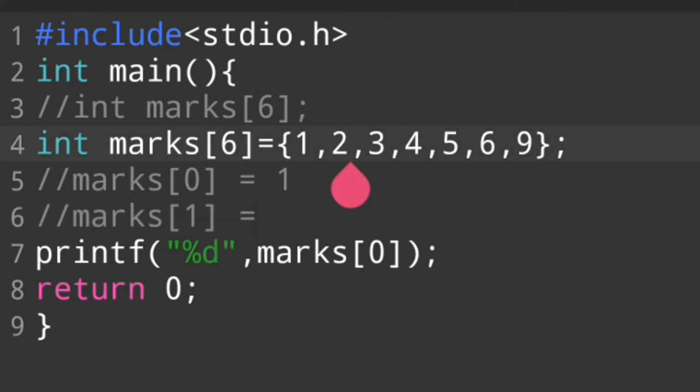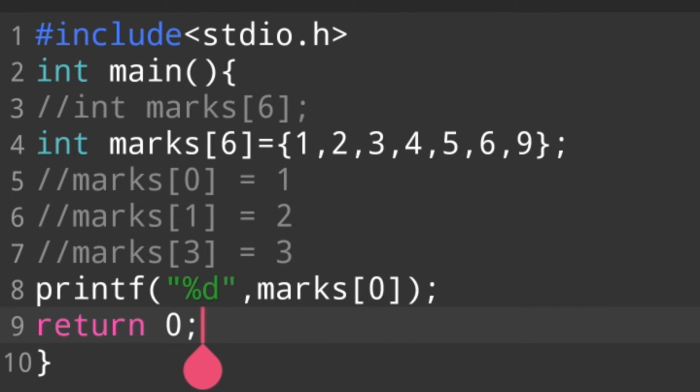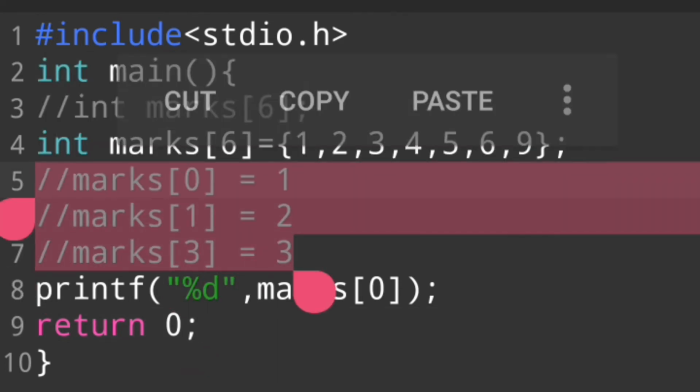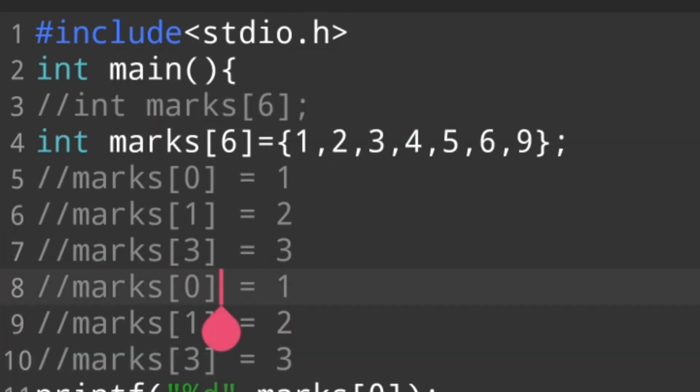Marks 1 stores 2, marks 3 stores 3. Marks 4, marks 5, marks 6.